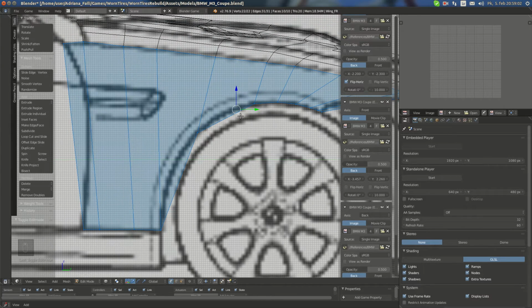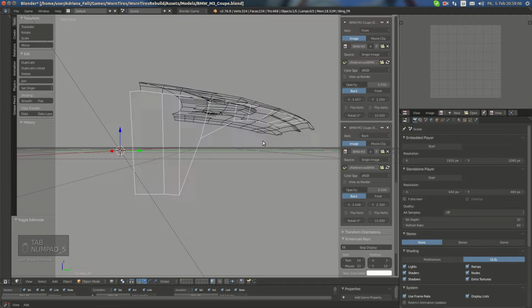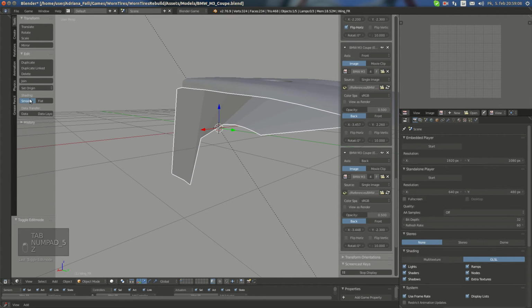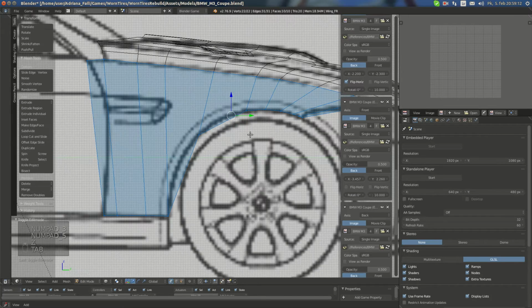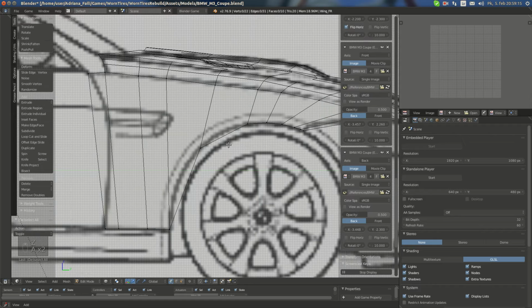What we want to do now is correct the geometry around the wheels to make the arches look better. Otherwise, I'm gonna switch to this view and preview it for you. It is kinda, you can see, sharp and edgy. We don't want it. Firstly, you can loop cut here,